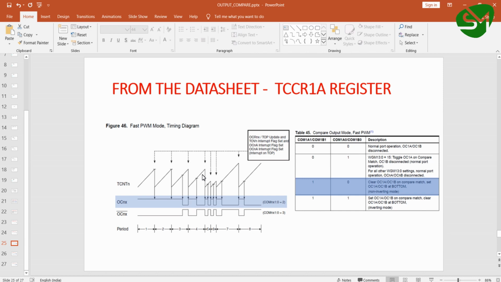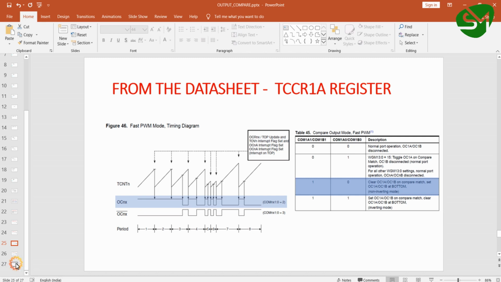The timer counts up, and when it reaches 1023, the timer will fall to 0. At this moment, the PWM pin will again become high, and this process continues and the waves will be generated as per this 512 value provided in the output compare register. So in non-inverting mode, the duty cycle of the PWM wave is defined by the value provided in the output compare register. This value must be between 0 to 1023, that is from 0% to 100%.